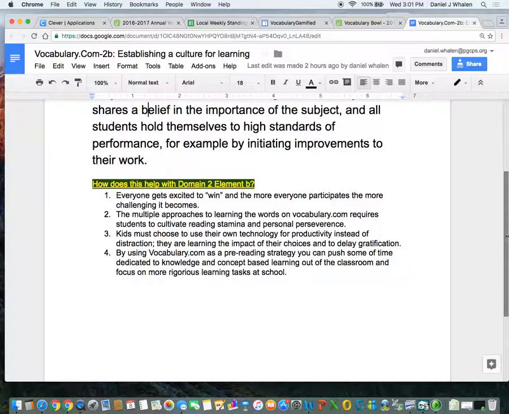And finally, vocabulary.com is a pre-reading strategy. We'll get the concept and knowledge-based learning happening outside the classroom, so that when you're together, you can spend more time going right to the higher levels in Bloom's and the more in-depth kind of procedures and depth of knowledge. So please consider using